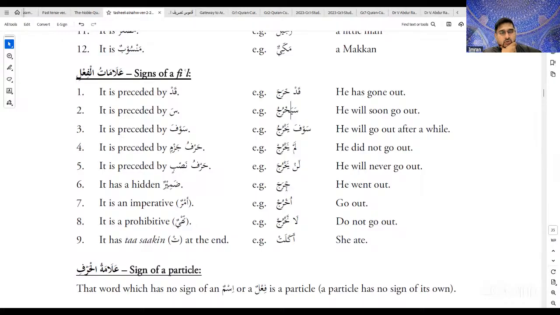Iqra is not the name of the surah. Alaq is the name of the surah, but she read Iqra. So what does Iqra mean and where is it from? From qara'a, to read. Excellent. It is from Qara'a and it is from Surah Alaq, the first surah of the Quran which was revealed, and it is the first word in the first ayah. Iqra. Now, it is an imperative, so a verb can be a command.